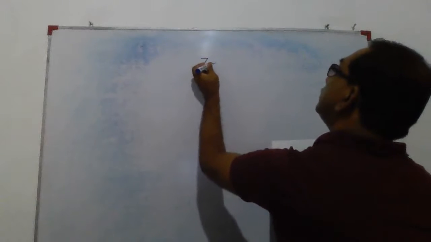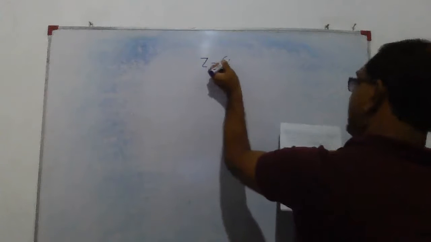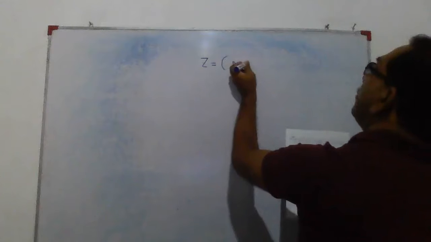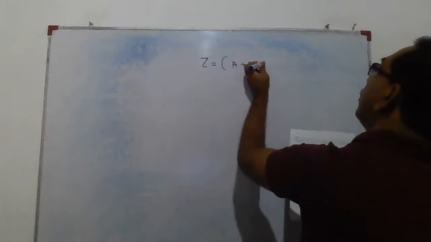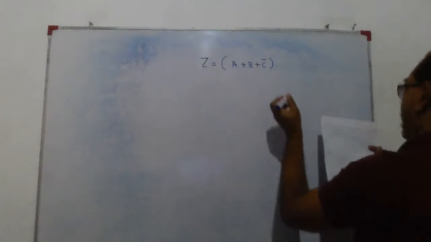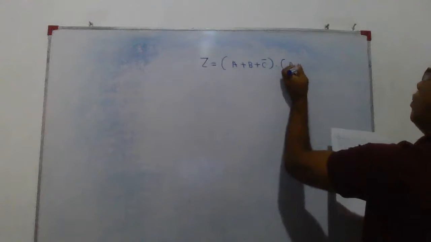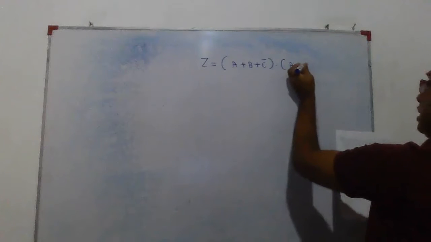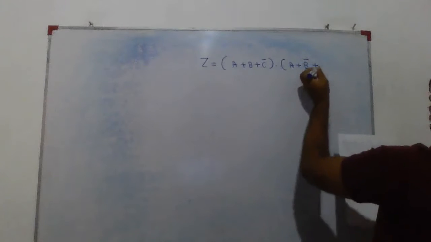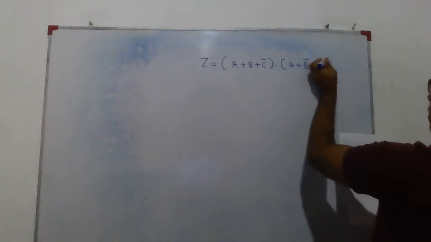It says Z equals (A OR B OR C bar) AND (A OR B bar OR C bar)